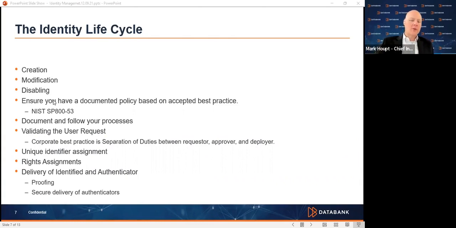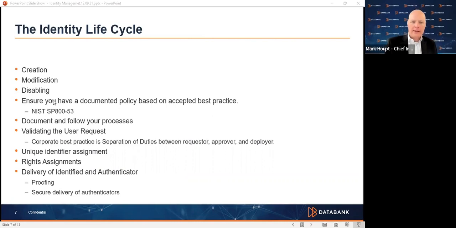Further to that, you could move over to the 800-63 set of documents, and there's a standard 800-63 revision 3 that's available that is all about identity management and access management. But then there are sub items, 800-63A, B, and C, that go deeper on certain subjects for you to follow.